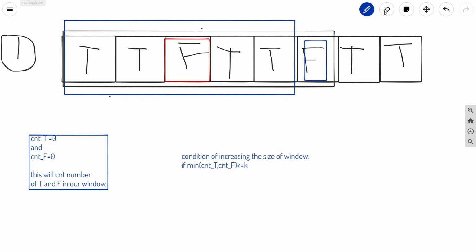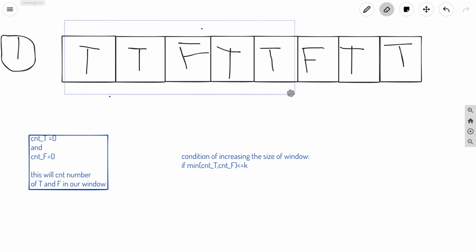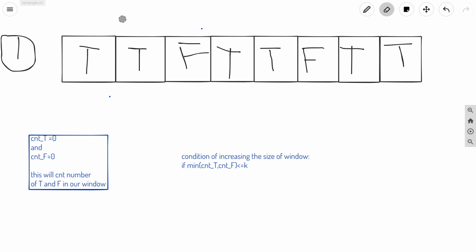Otherwise, we will decrease the size of our window. You can see that this was our current window, and we cannot increase its size, so the answer corresponding to this sub array will be 5. So what we have done here is, this was our window right now.